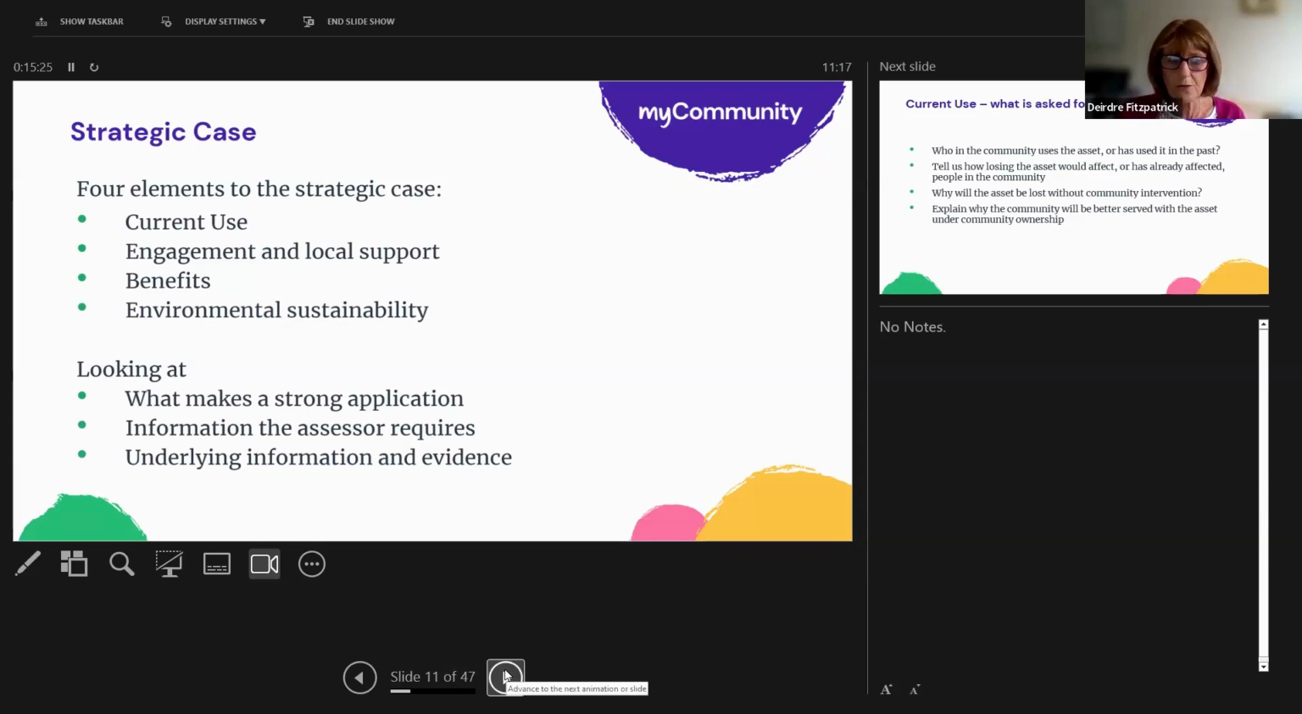So the 4 elements on the strategic case are going to be: what's the current use of the building at the moment? How much engagement and local support have you got? What are the benefits, particularly of it coming under community ownership, or what would be the cost of it being lost to community ownership? And then the whole environmental sustainability thing is important for a community ownership fund. Looking for what makes your application strong, what are the assessors really looking for, and importantly, what's the evidence that